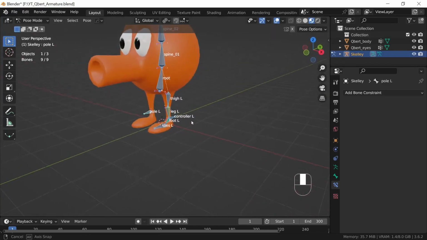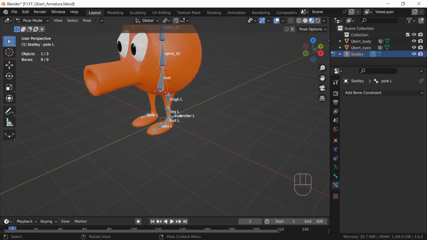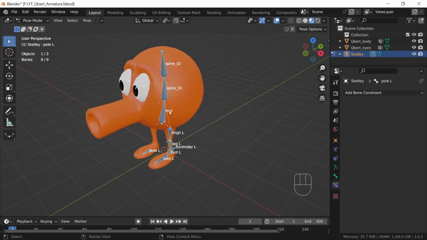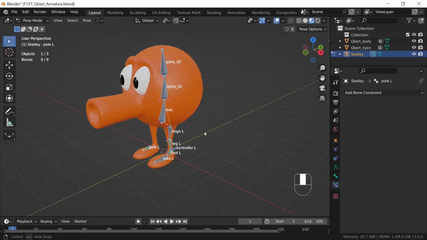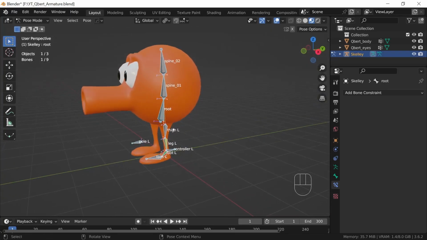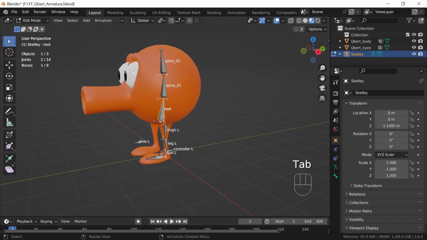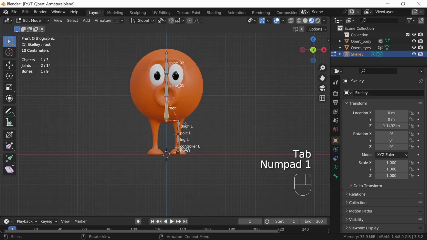I think that takes care of the leg. Let's go ahead and take care of the eyes. So I want to use bones to basically set up the eye movement. You don't really have to. This could be optional for your rigs depending on what you're doing, but I feel it's easier if you're trying to do expressions or any type of fun stuff in your animation if you have separate controls over the eyes and whatnot. So to do that, I'm going to go to my edit mode, select the root bone, and